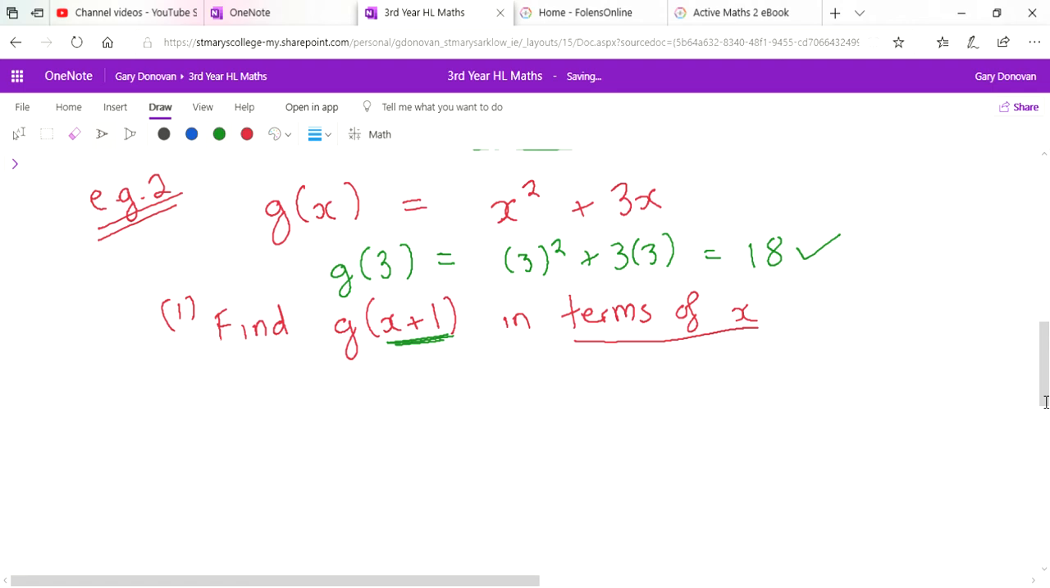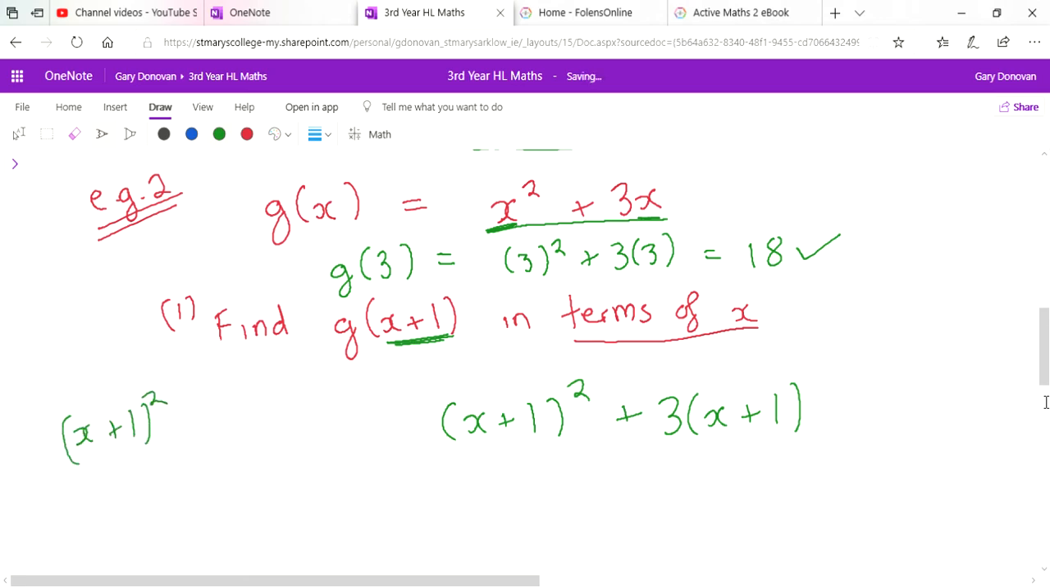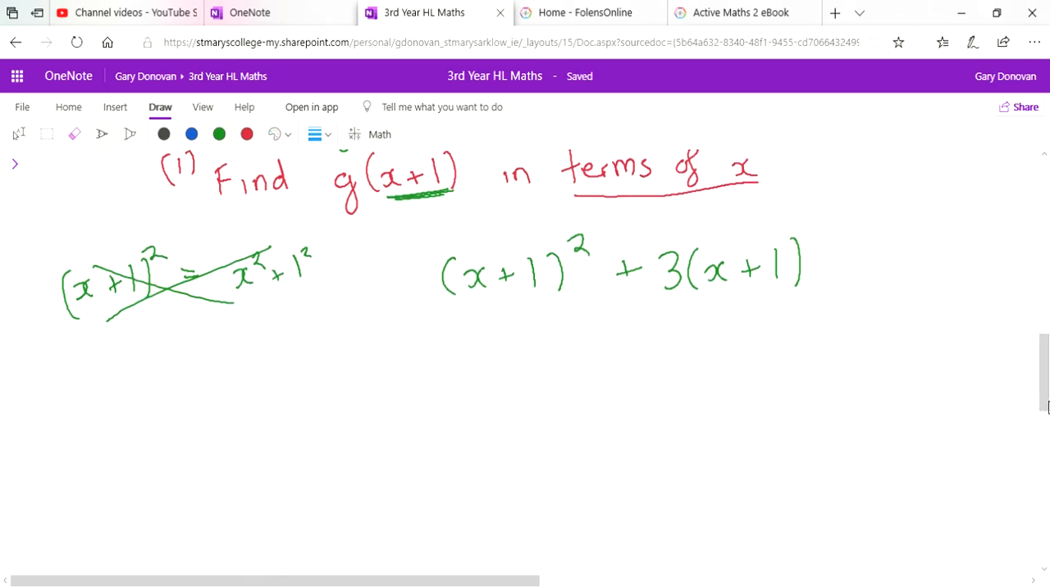So instead of having x squared plus 3x, we'll have x plus 1 squared plus 3 times x plus 1. So anywhere where there's an x here, we replace it with x plus 1. Don't fall into the trap. x plus 1 squared is not equal to x squared plus 1 squared. I've seen a lot of that in the mocks, but that's wrong, remember? It's x plus 1 times x plus 1